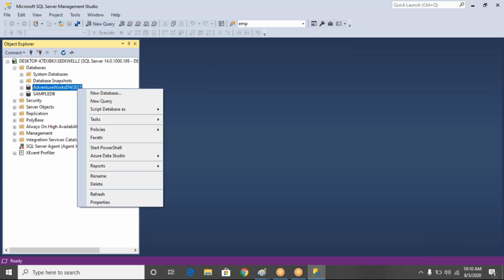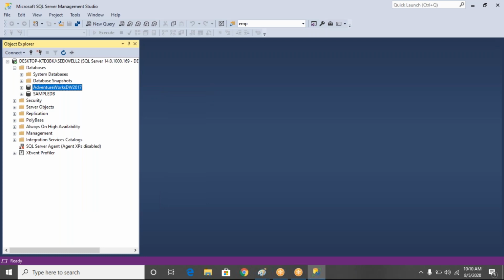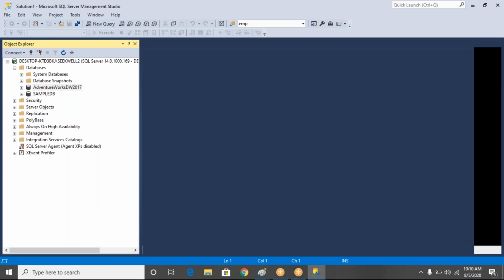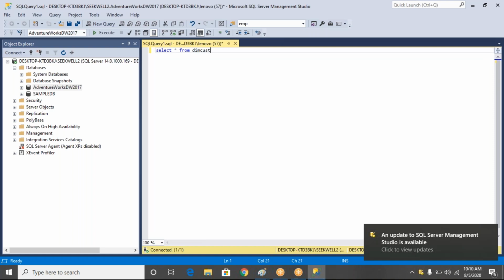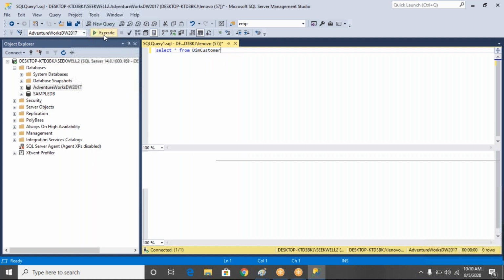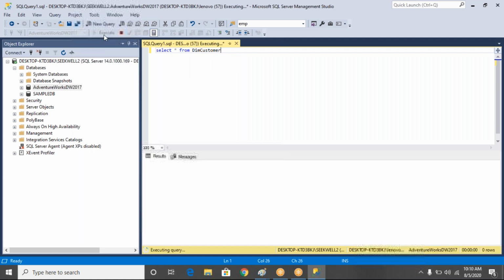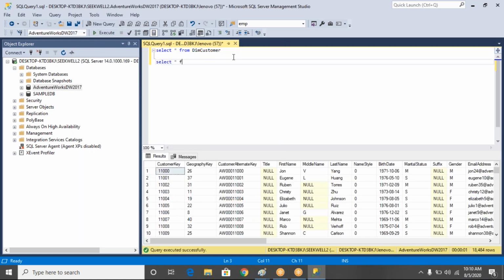In this database, we have identified all the tables we require. I'm going to take the list of the table names again. If you want to see all the customers information, you can use DimCustomer, and if you want to identify all the categories they are selling from their website, like Amazon, like Flipkart, that is the DimProductCategory table,